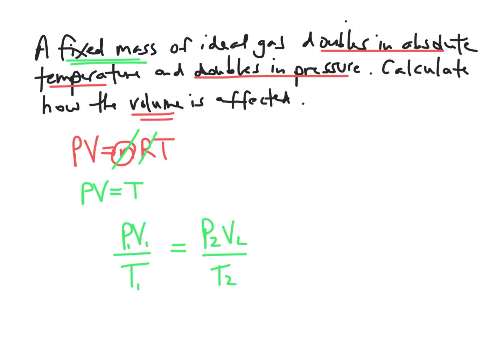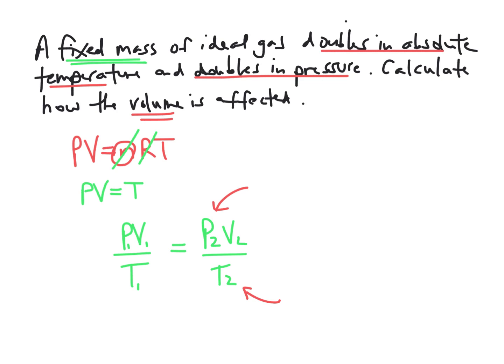So hopefully you can get that far. Now what we need to do is express our final volumes. Sorry, we're not going to be able to do that till the end. Our final temperature and our final pressure in terms of the initial pressures, so we can start dropping variables out